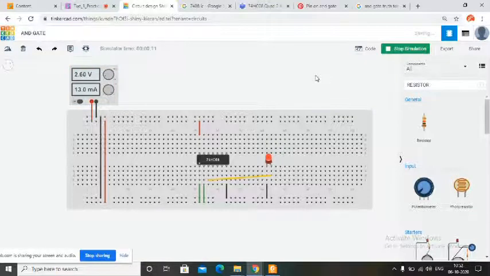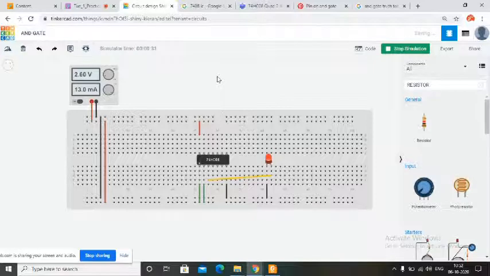So you have to give less voltage if you are not using the resistance. In that case you have to use a lesser amount of voltage and current. You have to keep this current in mind, that for the IC it is 25 milliampere and for the LED it is 20 milliampere. Okay, so is the concept clear?